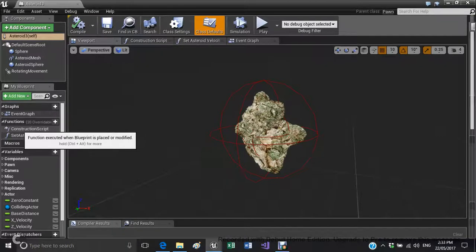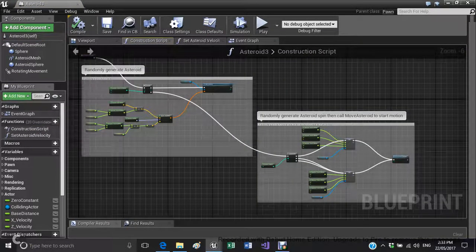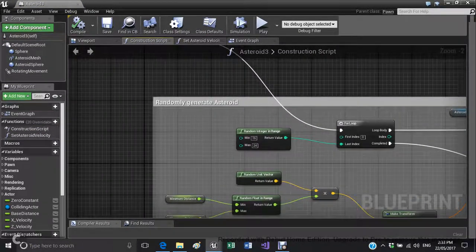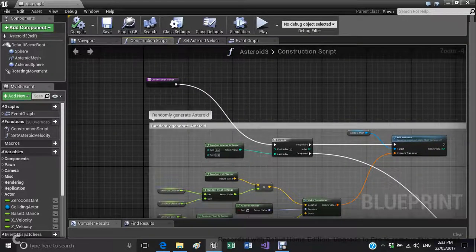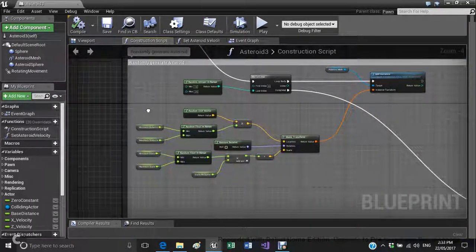From the point of view of how that works, we have a construction script that basically takes an element, which is a rock from another one of the Unreal tutorial games, and then